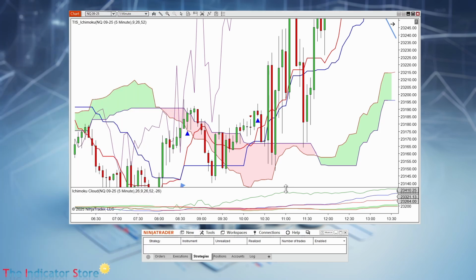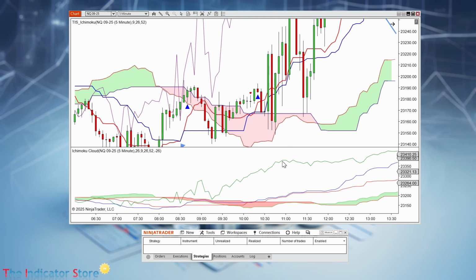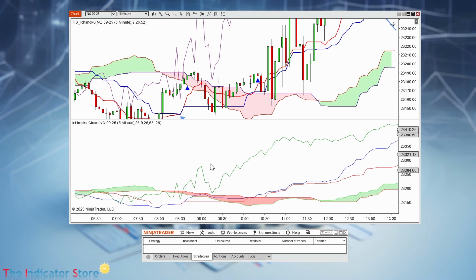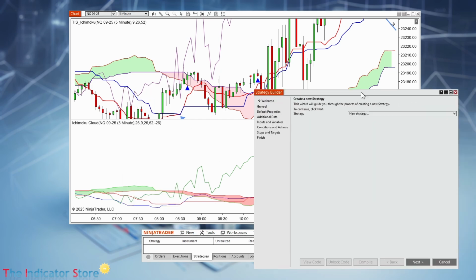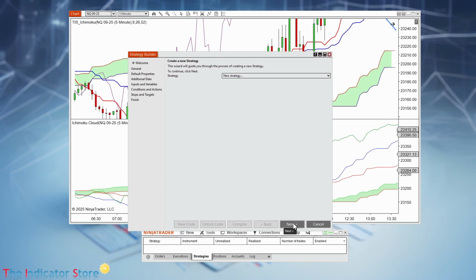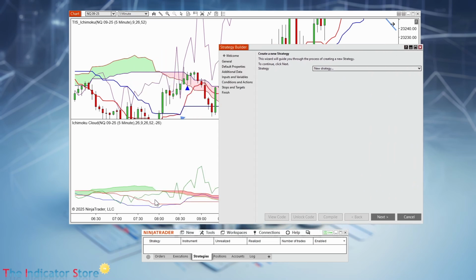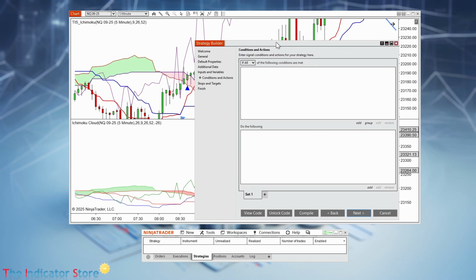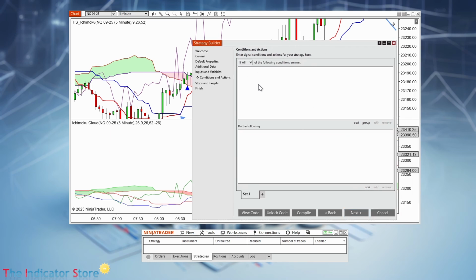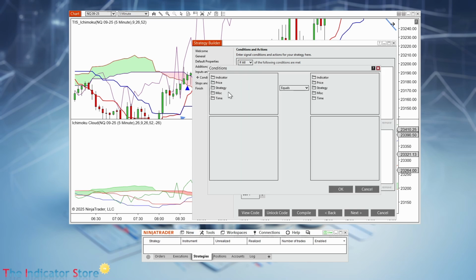Regarding the automation, we have a problem with the custom indicator included with NinjaTrader because usually we go to New Strategy Builder. Here is Builder. Let's say that we want to create a strategy to automate the Ichimoku Cloud included with NinjaTrader. So we can assign input parameters, but the most important is, I don't have a signal, so I need to create the signal. For that, I need to check if the indicator